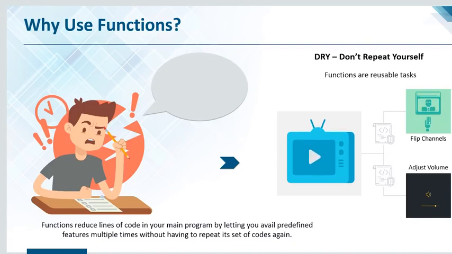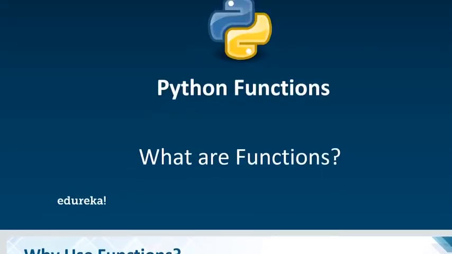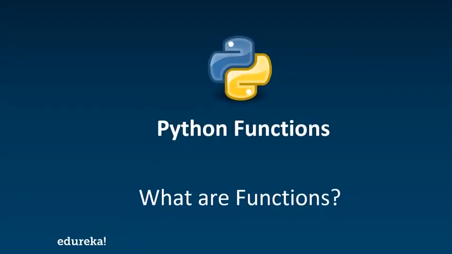So as soon as you change the channel, there is a function which runs which says that the user has changed the channel. So let me do these certain set of codes. Again, similarly for the volume as well. So if you have increased the volume or decreased the volume, the function gets an input of what you're doing. And then this function works on your input and decides an action. In this case, it's volume. Pretty simple, right? Well, now that we know why we need functions, let us check out what functions actually are.